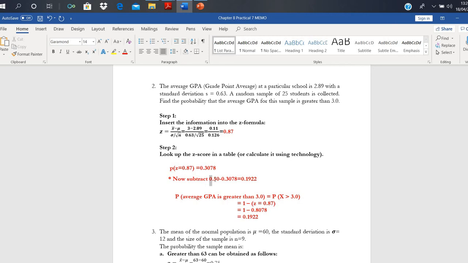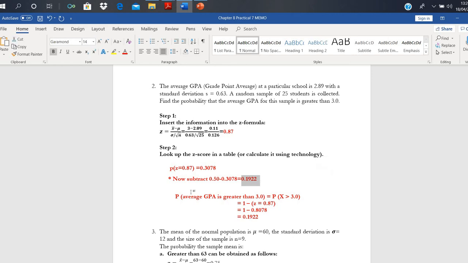We will take now 0.50 minus the probability of Z score to be equal to 0.87, minus this probability, and we will have 0.1922. So the conclusion is that the probability that the average GPA for this sample to be greater than 3.0 will be